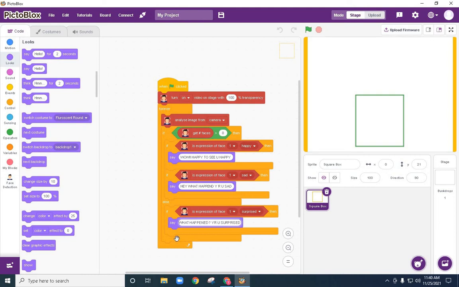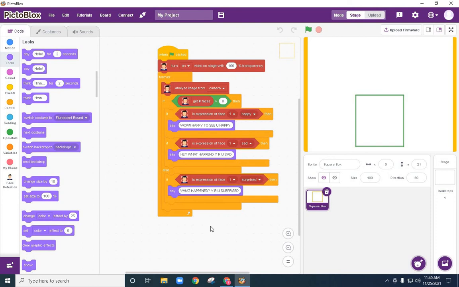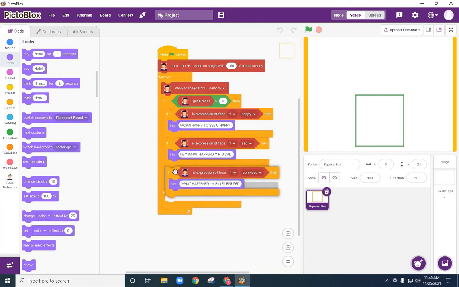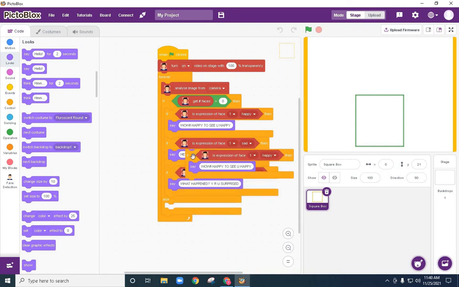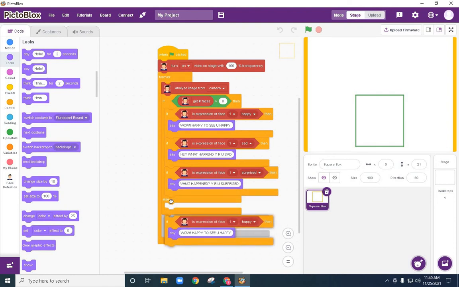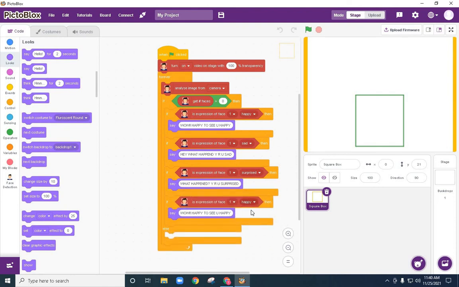Basically whatever message you feel like, you can just put it. This should be in if only. Again, for neutral also I'll just place a message. I'll make it neutral. Hi, how are you? I think this much is sufficient.